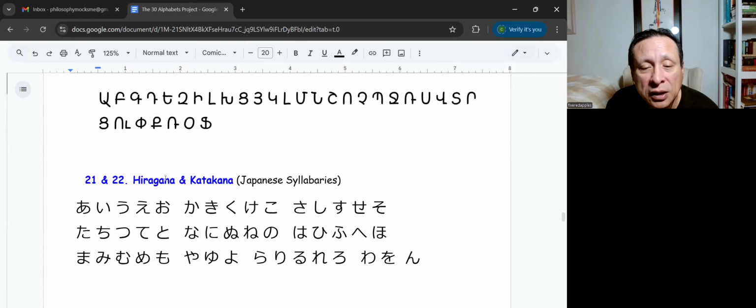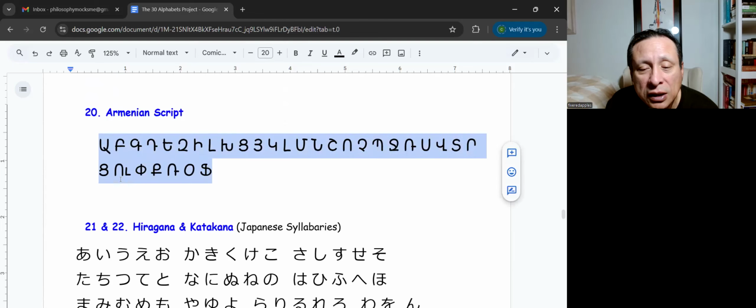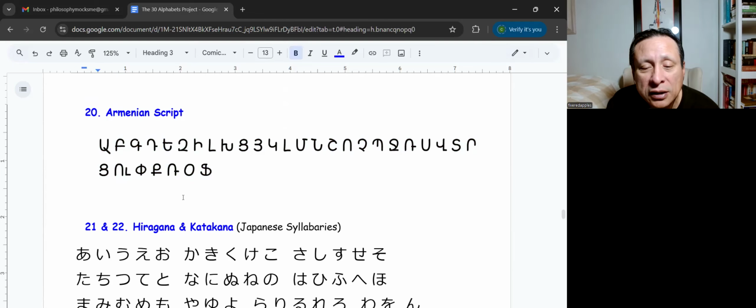Armenian's another interesting look. It's almost a little bit more ornate than Georgian, but not much. And yeah, those letters look